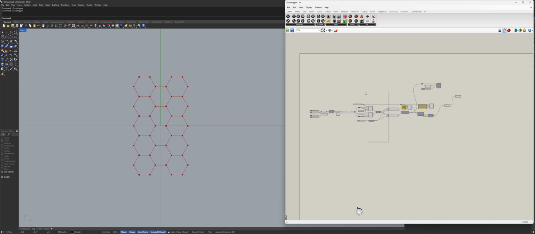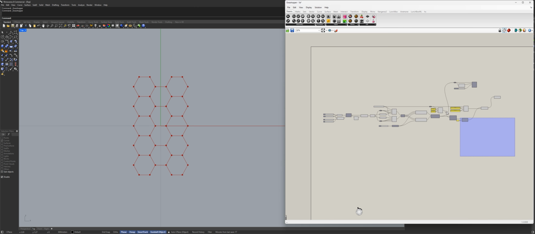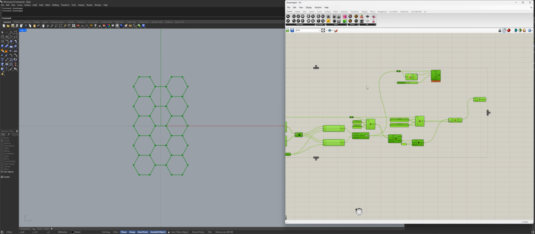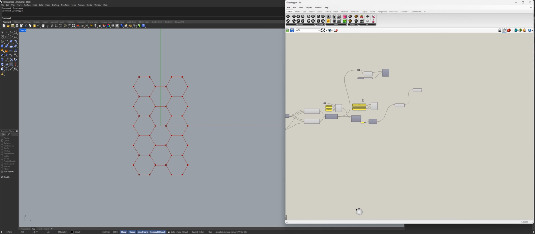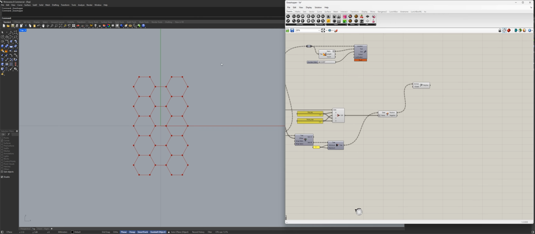So that's the script we already crafted through the previous sessions. I will put a link in the description to this one if you want to follow along. And we ended up with the hexagonal pattern of points. So now, as I said, we will make a feature or an option to wrap this